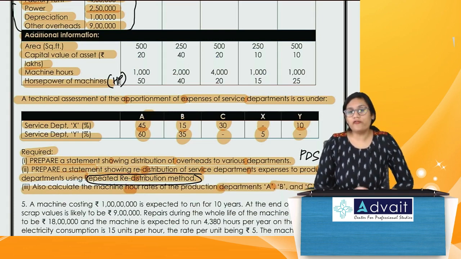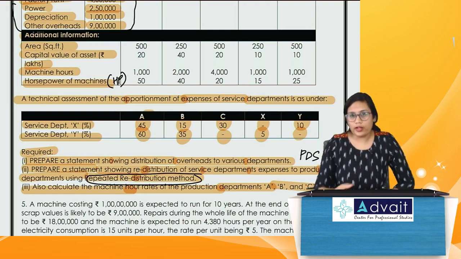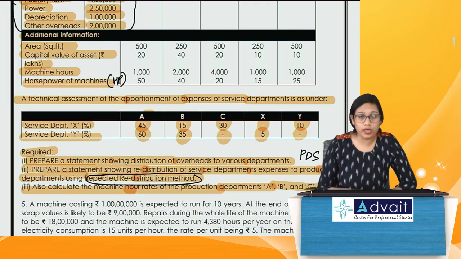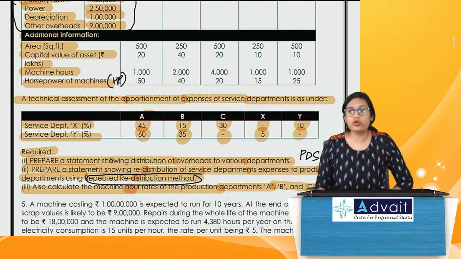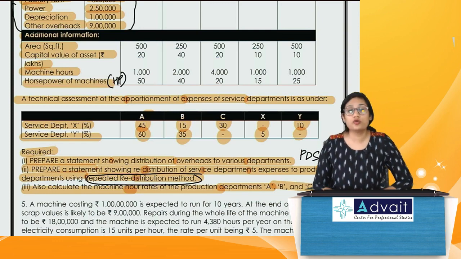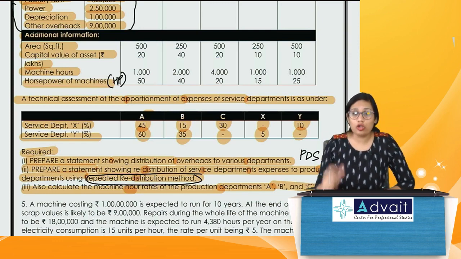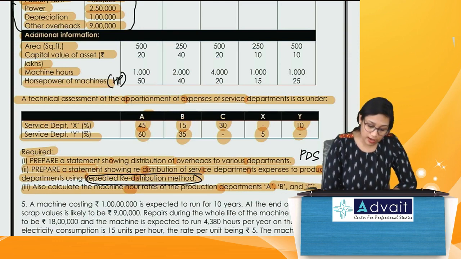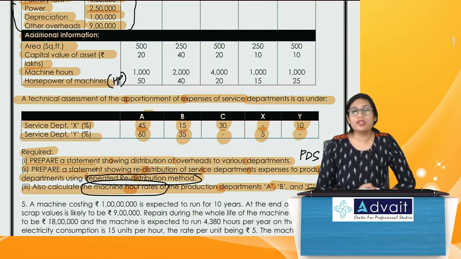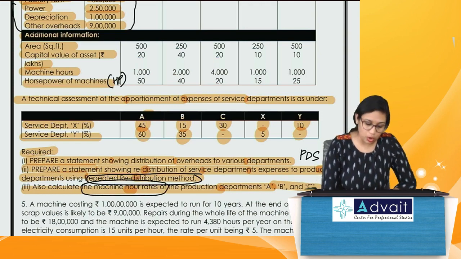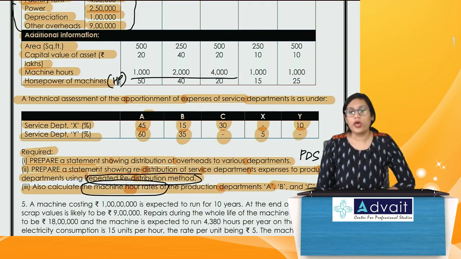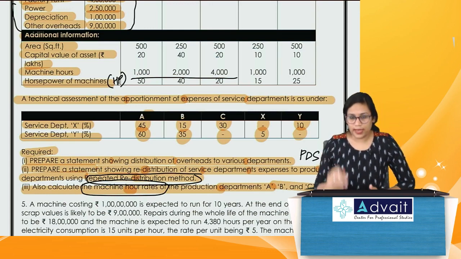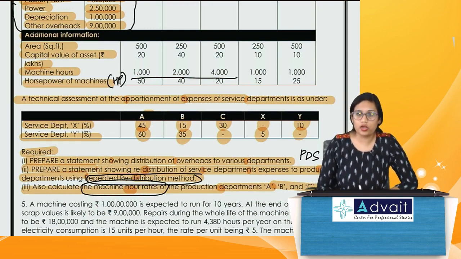So this is a full-fledged problem which involves all the steps of treatment of overhead. First we have to do apportionment. If there is allocation, we need to do allocation. Then we need to do reapportionment, using the repeated redistribution method. And in the end, we also have to calculate the absorption rate on the basis of machine hour rates, which means the base in this problem will be machine hours, which is already given to us. So absorption will be on the basis of machine hours. It's a full-fledged problem, hence it's going to take time to solve.